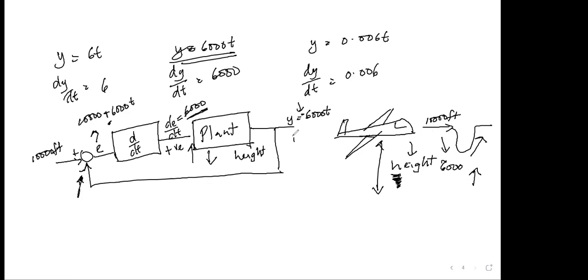So now, when y equals 10,000, when it goes back up to 10,000, 10,000 minus 10,000, the error would be zero. The derivative would be zero. So it doesn't trouble anything. If the thing here is 10,000 and the input is 10,000, the difference is zero. The derivative would be zero, so it wouldn't trouble anything. It is going to leave it at 10,000. But if there's a sudden dramatic drop, then there's going to be a countering. The drop is negative. There's going to be a countering dramatic rise in the